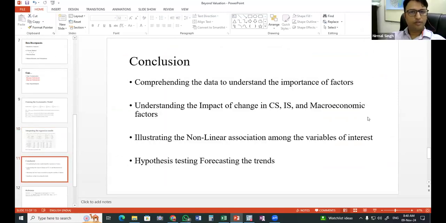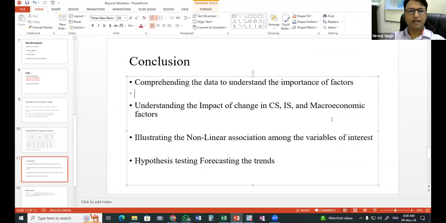So with this, I conclude the presentation. So for panel data or any other data set, if we are analyzing using some model, we can understand how it is going to impact, or what is the contribution of different indicators in impacting the dependent variable. So in this case, it was the valuation. We can segregate the impact of different variables, how they are going to impact the dependent variable. Similarly, we can categorize those variables into different heads, like company specific variables, industry specific variables, macroeconomic and other dummy variables. By segregating the impact, we can better target those variables.